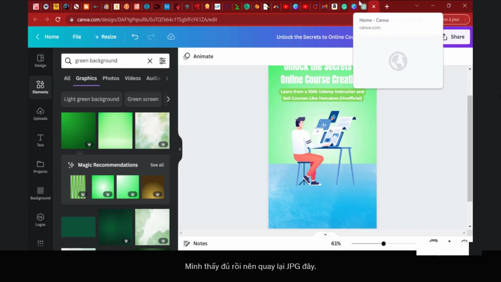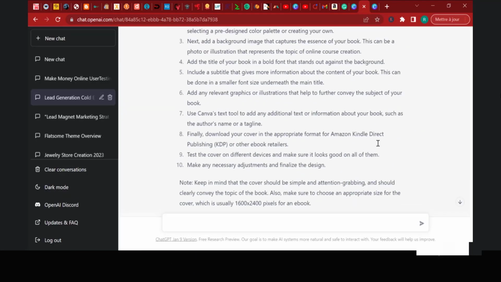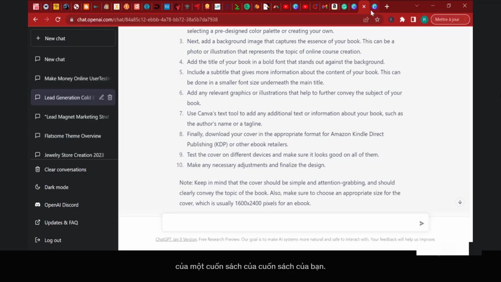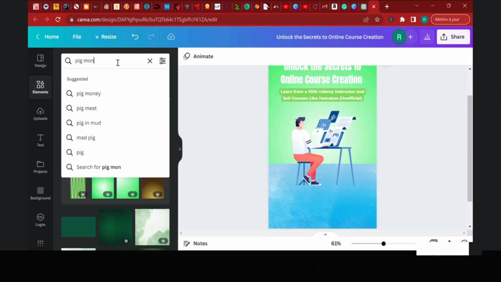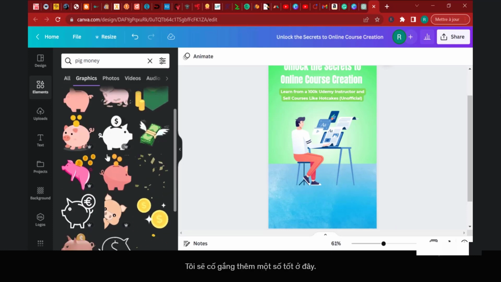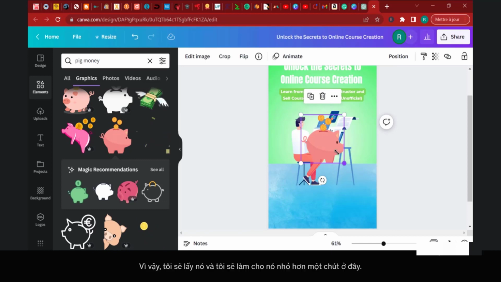So let's go back to ChatGPT here. Now, what's the next step on the list? Now, include a subtitle. Add any relevant graphics or illustration to help further convey the subject of your book. All right, so here I'm going to go and add a pig with money. Pig money bank or piggy money bank. I'm going to try to add some good one here. So maybe this one is good. So I'm going to take it